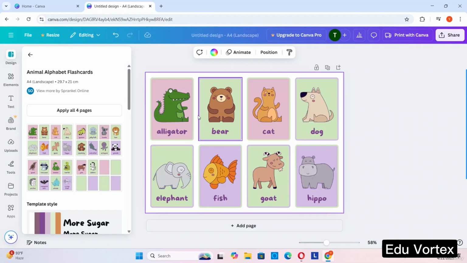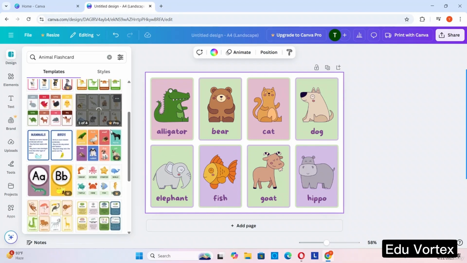So flashcard, it's like, as we studied in small classes, there were some images and pictures, like for the primary